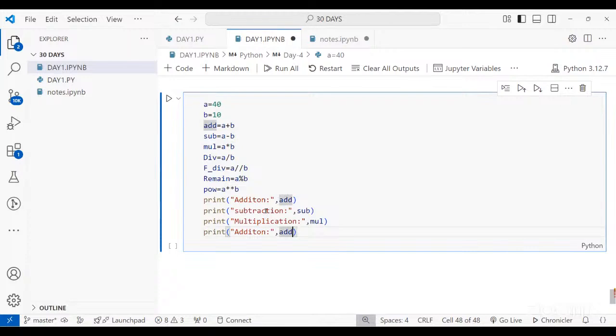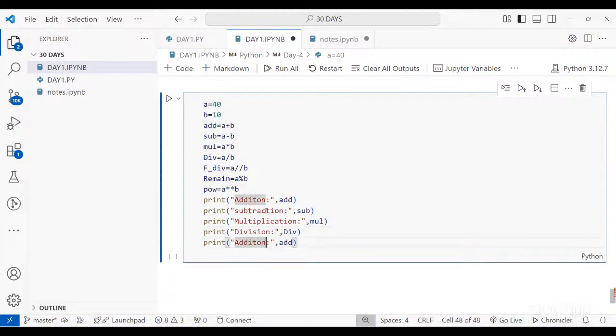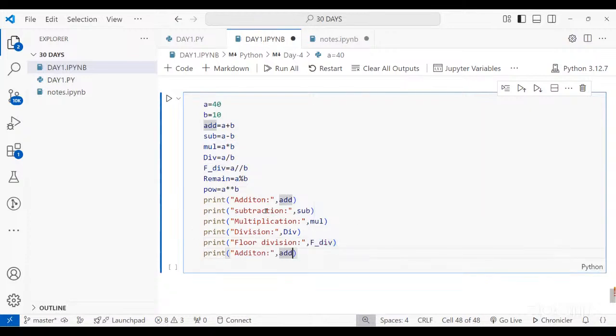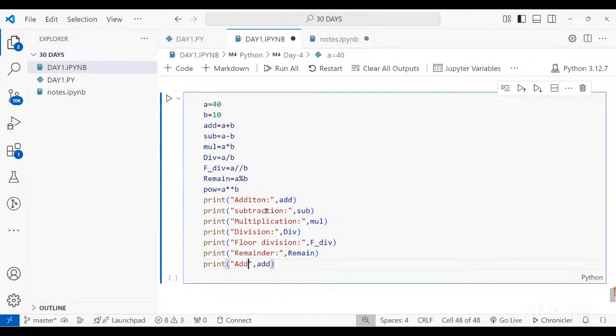Then the next one is the division. And then we have remainder. A to the power of B, which is